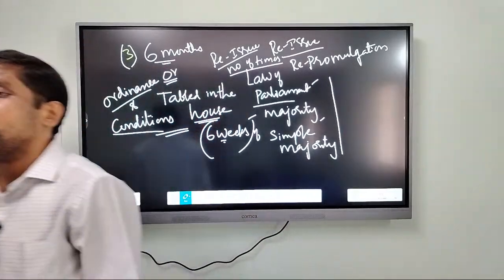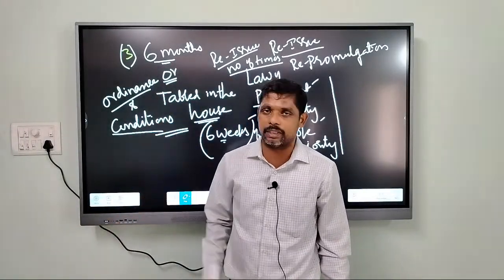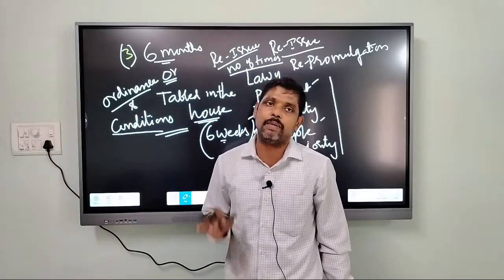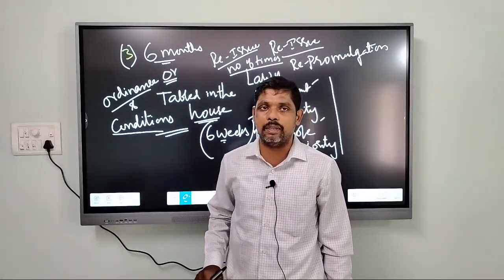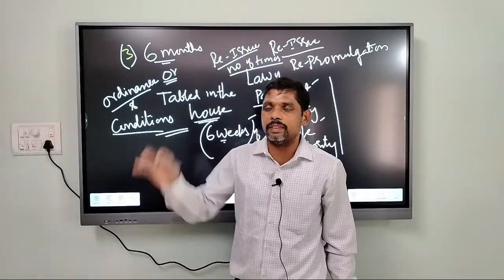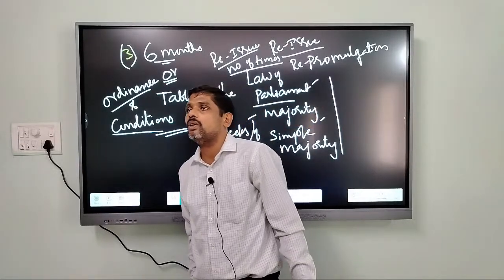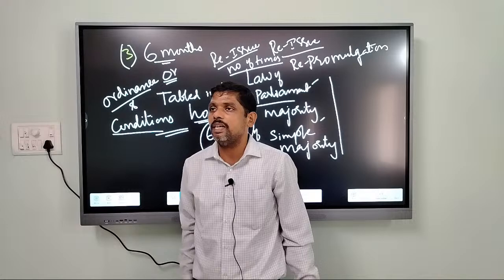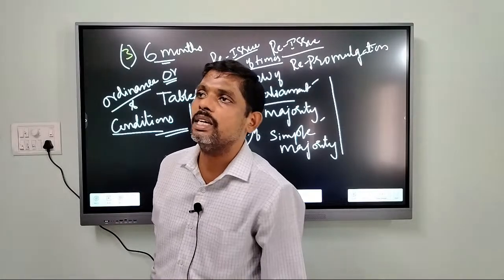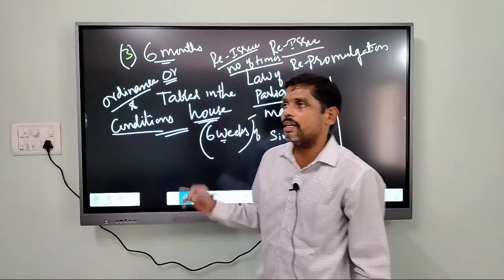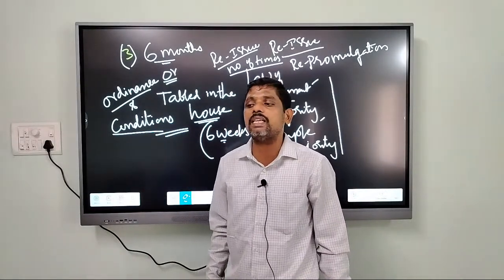So constitutionally there is no restriction on the number of ordinances issued by the President on the same subject even after rejection. But think that if the same ordinance, after being rejected by Parliament, is issued again when there is no compelling situation, don't you think it is misuse of powers by the President of India?